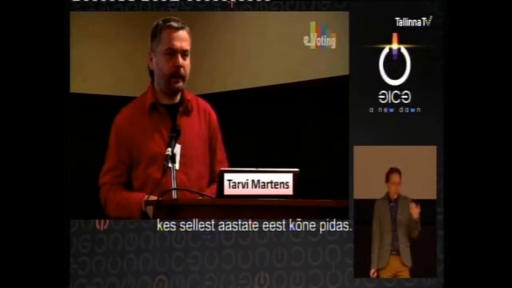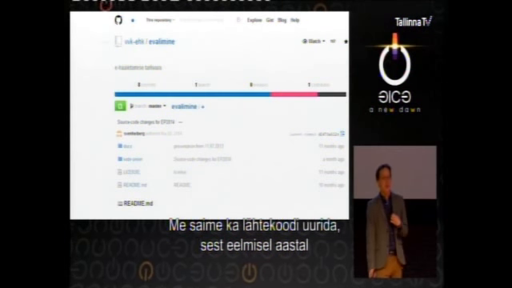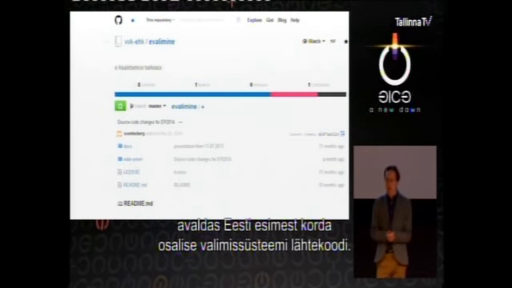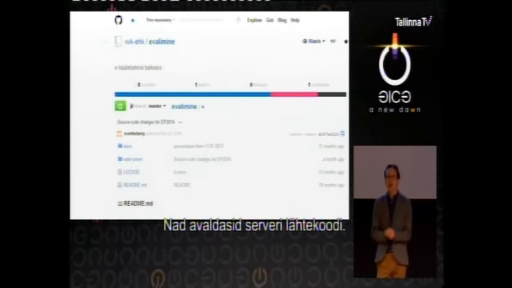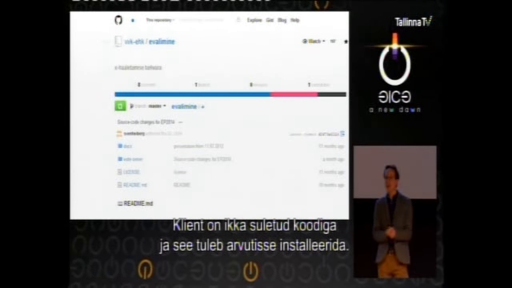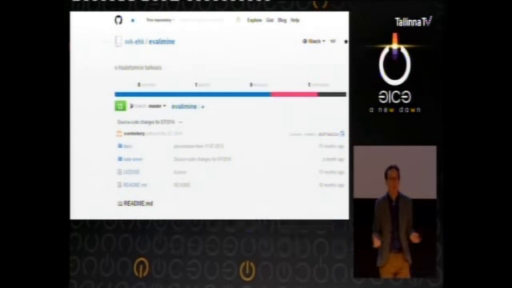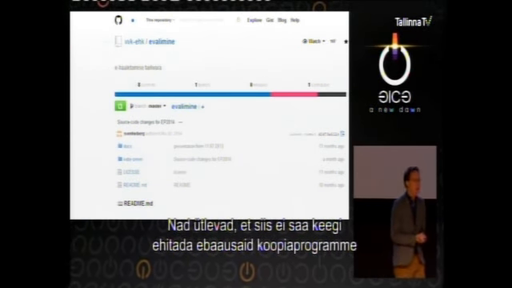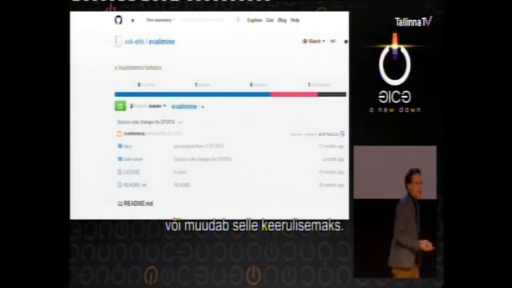We also got to examine the source code, because Estonia just last year released for the first time partial source code to their voting system. They released the source code to the server. The client is still closed source. They're asking you to install a closed source program on your computer. They say this is to prevent people from building dishonest lookalike software, or at least to make that harder.